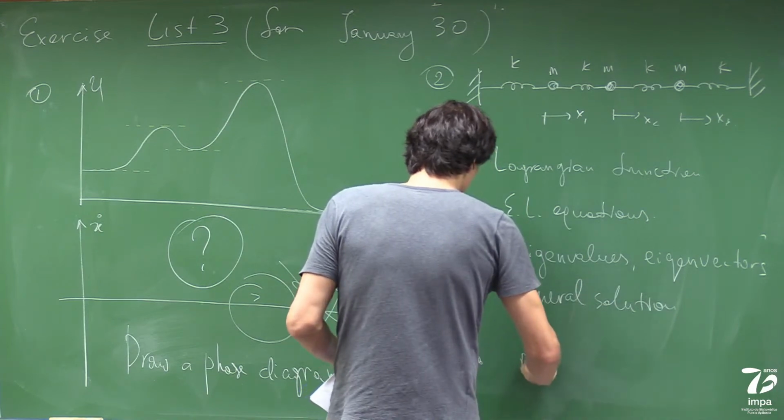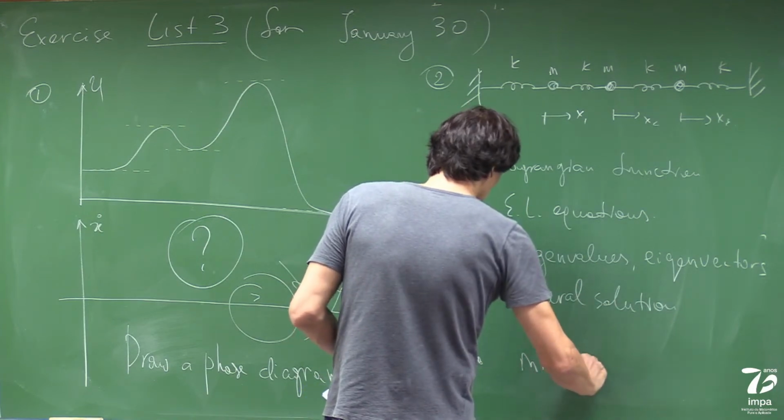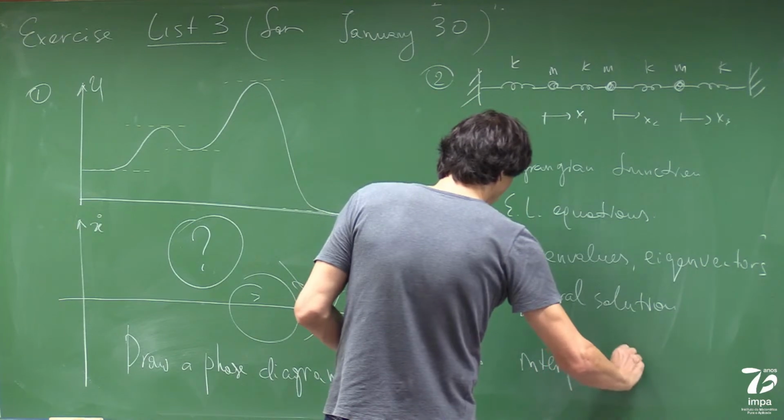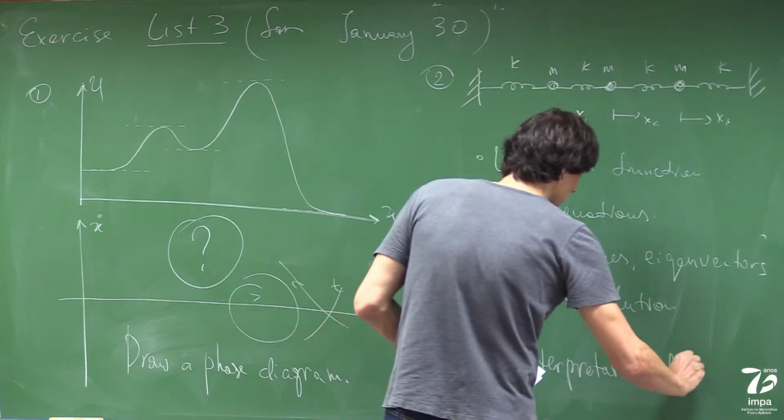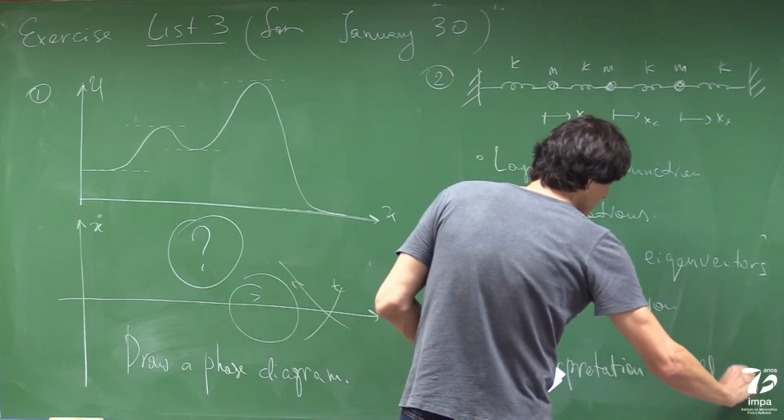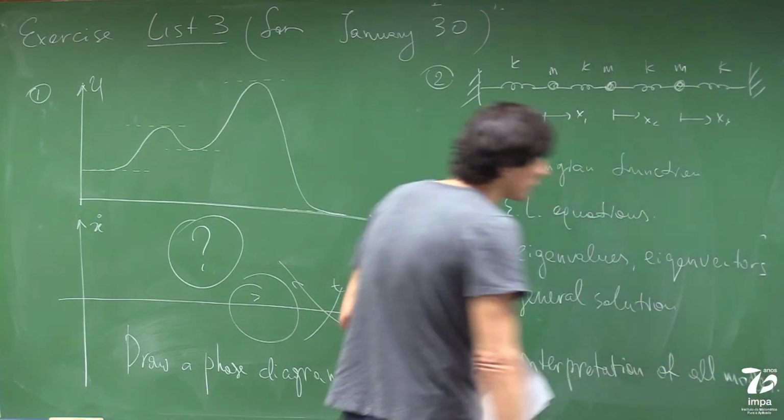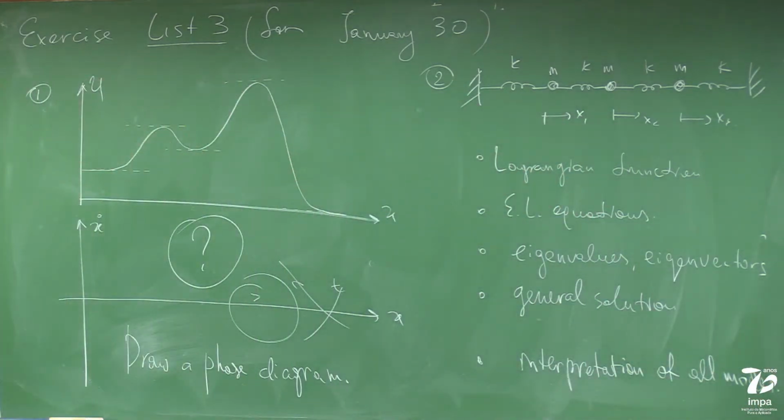And give a physical interpretation of all modes. So you will have three modes, of course. If you had two modes before, now you will have three modes. So this is the second exercise, and the third